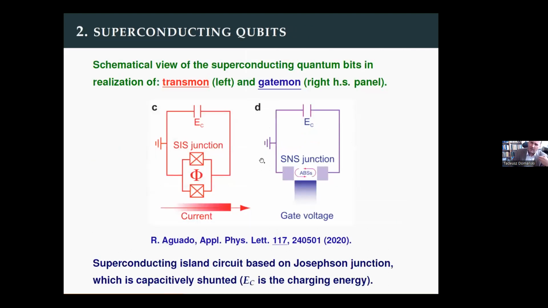So something which is of much greater interest, not only for the scientific community, is a perspective to build quantum bits out of bound states on impurities. In particular, if you consider a Josephson junction, there are two possible means to realize quantum bits. One of them is a setup reminiscent of a SQUID, a superconducting quantum interference device, where you have two junctions, this one in the bottom, in the top, and forming a closed circuit,